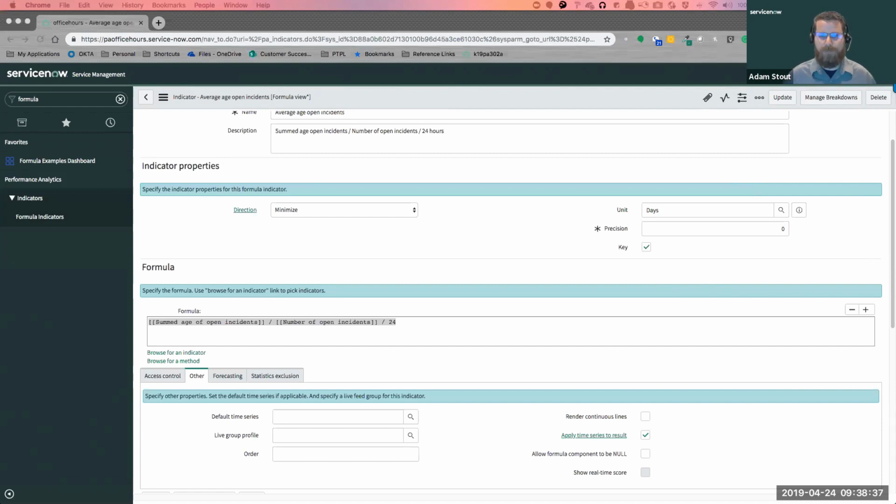I believe there's some in Madrid. There may be some coming up in New York. Whatever it is, whatever you do, always look at the new out-of-box content that's coming out. There's improvements to what's there. There's additional indicators. You may not want to switch over to it, but you certainly want to see what's available